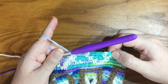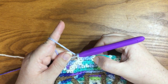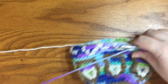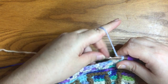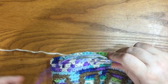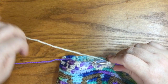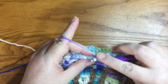So the pattern is, once again, we got a blue, a white through both loops, 3 blue, a white through both loops, 2 blue, a white. So one more time. Need to grab a little bit more yarn here. We have blue, switch, white both loops, switch, three blue,